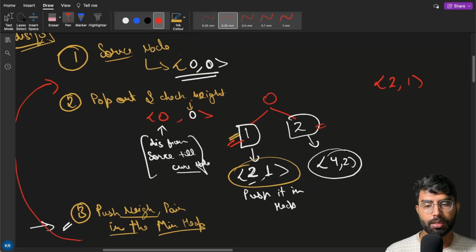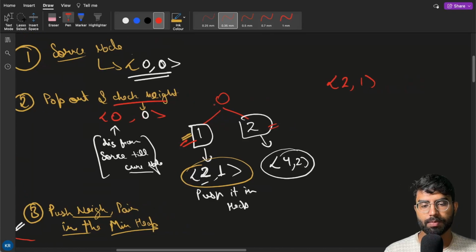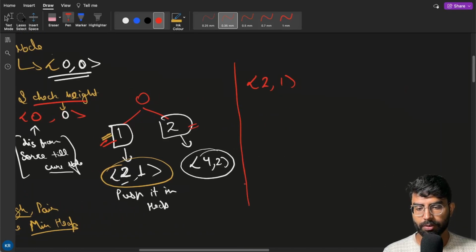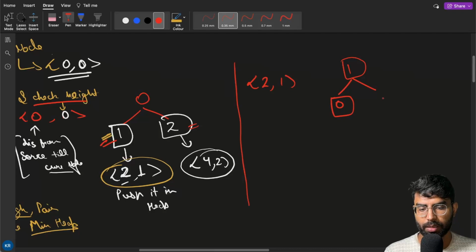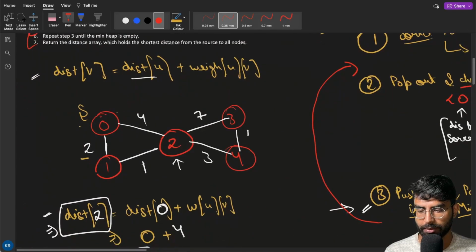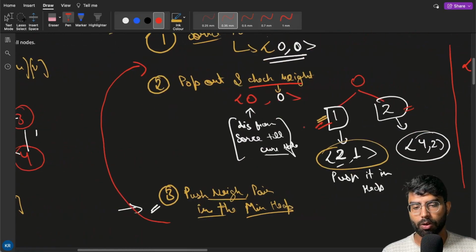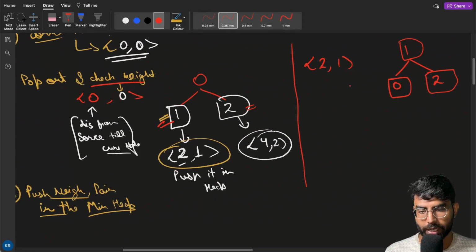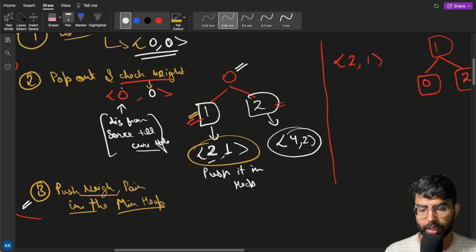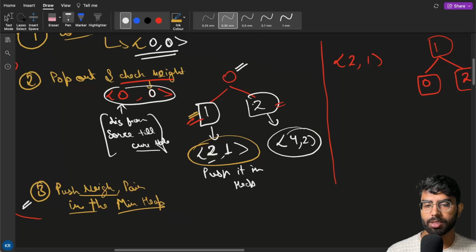Now we will again go to this part, the second part. Okay, pop out the smallest element, check the neighbors. We popped out this. We will check the neighbors for node 1. What are the neighbors? We are having 0. We are having 2, right? If you see here, for 1 we are having 0 and 2. Now 0 was already processed here, right? It was already processed here. We already popped this out and processed the neighbors. So we can say for 0 it's already done, so we are not processing it